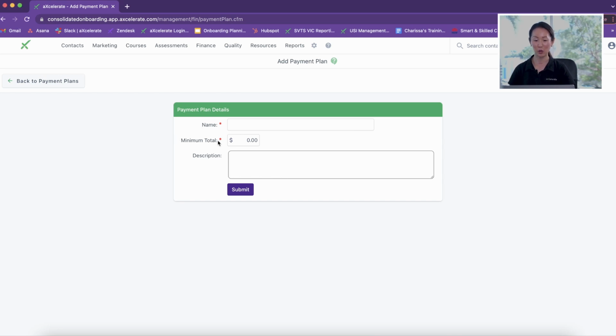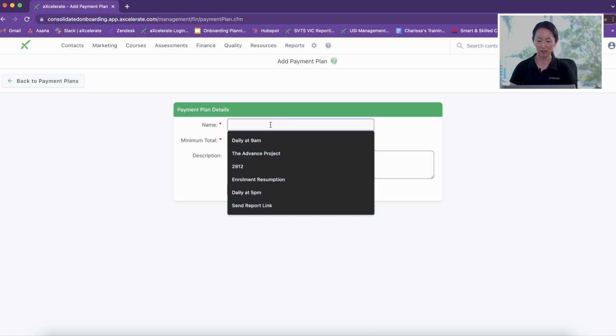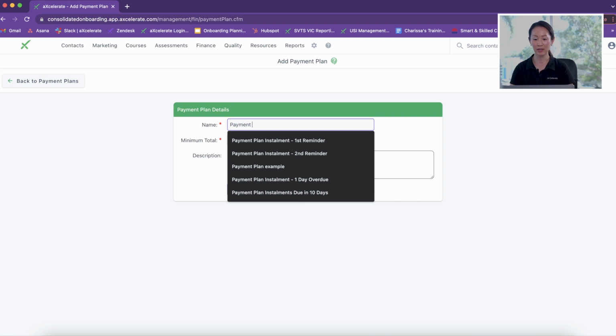The minimum total section allows you to enter the total cost of the course. This means that if the cost of the tuition fee were to fall below the minimum total, the payment plan option will not show up for that student. Finally, the description is also an internal use field where you can add additional information about what this plan is for. I'm going to start by entering a name,